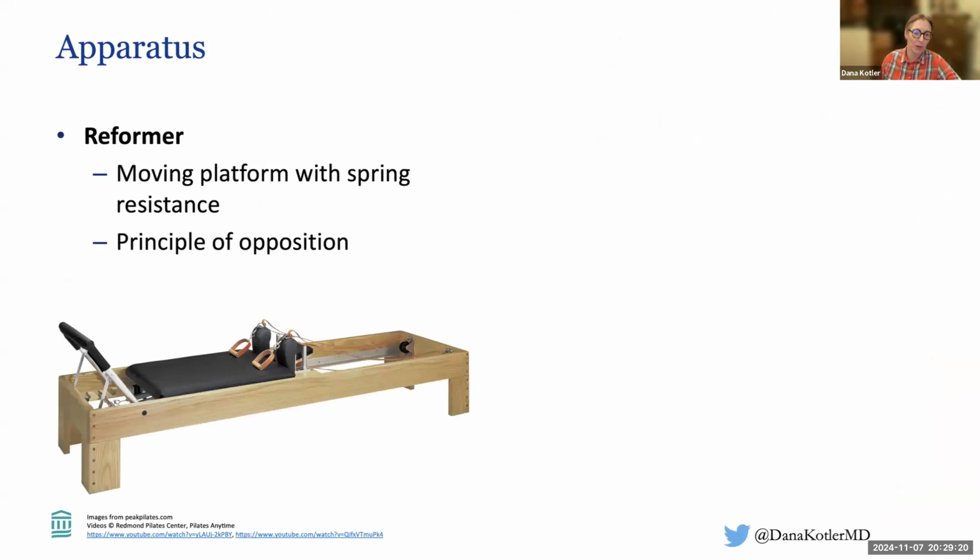So this is the reformer. It's one of the pieces of Pilates equipment that you might see in a studio, or these days they make versions of it that people have at home. It's basically a frame, usually made of wood or metal, and it's got what we call the carriage, which rolls on wheels up and down these tracks, and you can pull it with straps, which through the pulleys will cause it to move. And it's attached right here by these springs, and you have a number of different springs to get different levels of spring resistance.